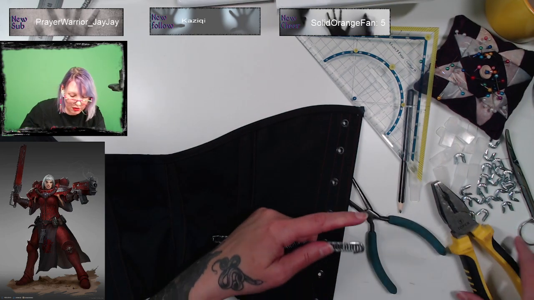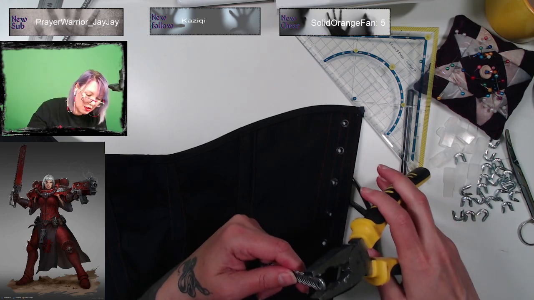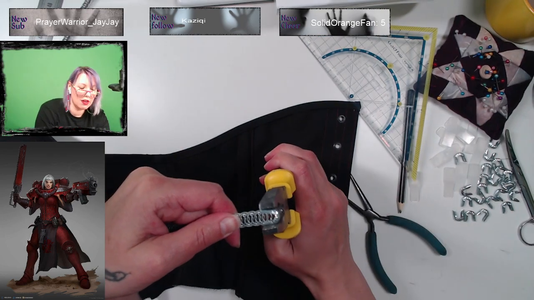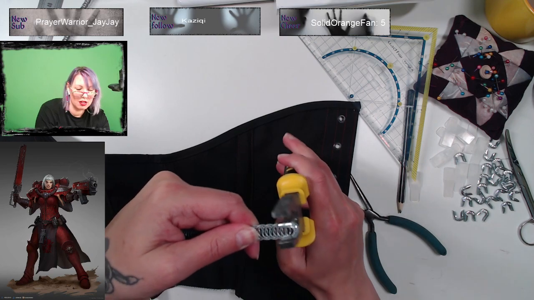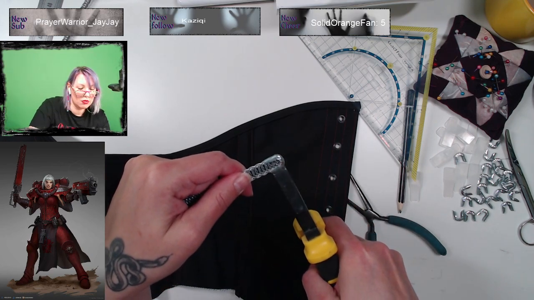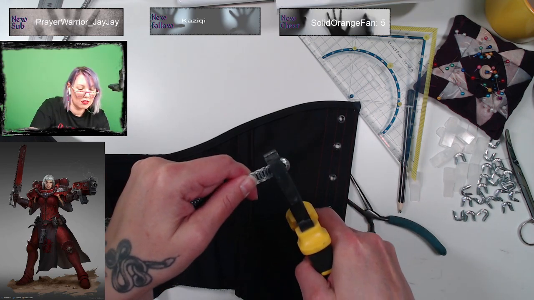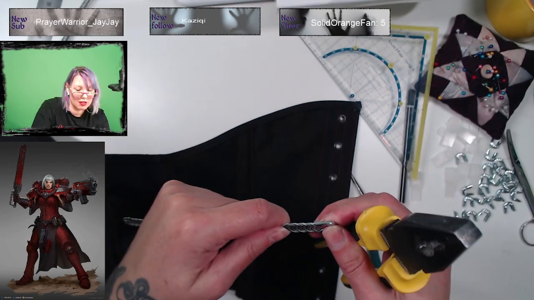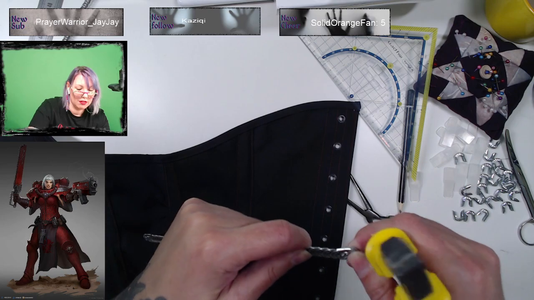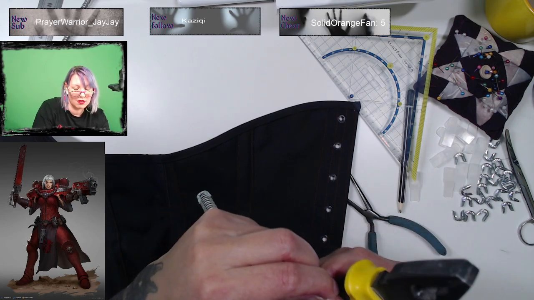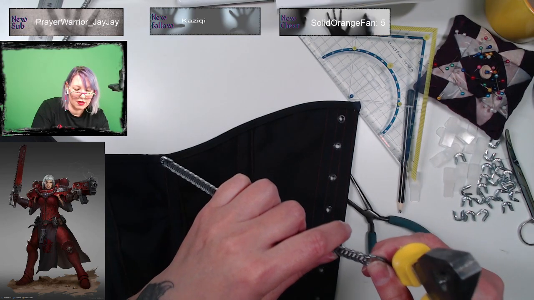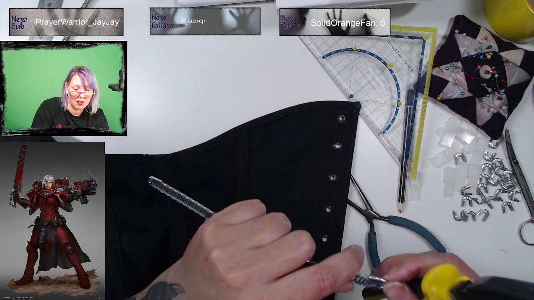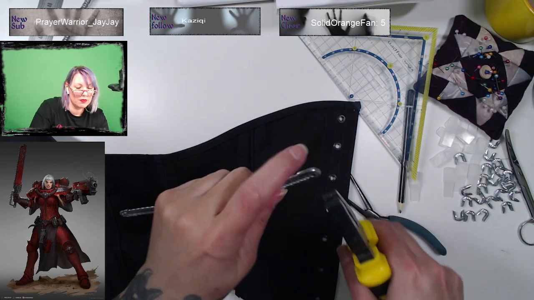So now we're going to squeeze them that way. You squeeze them in, and then you squeeze them down.